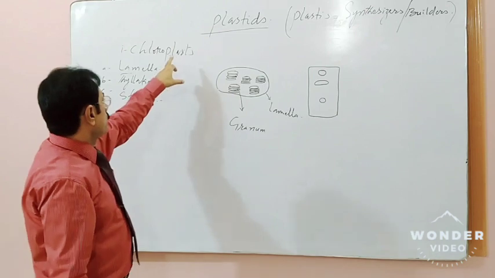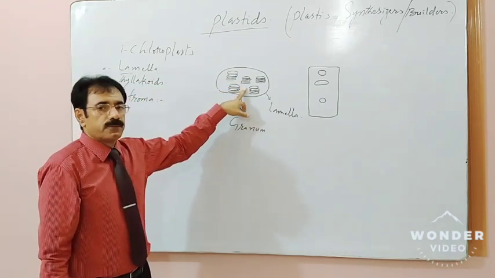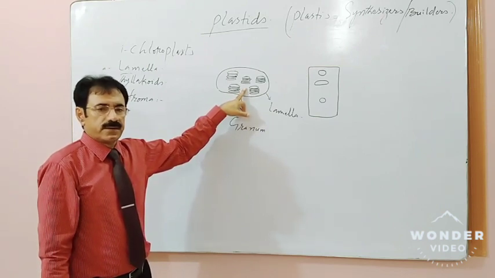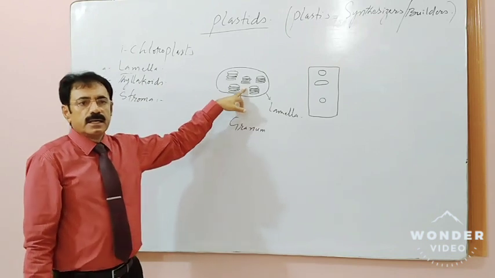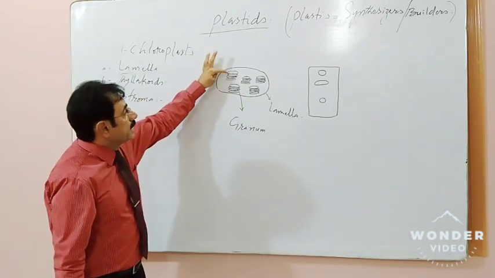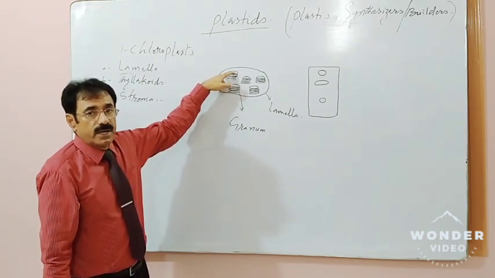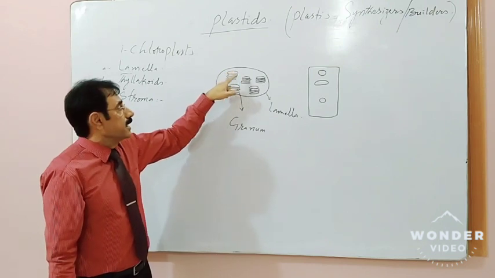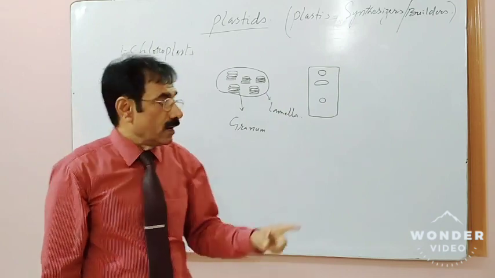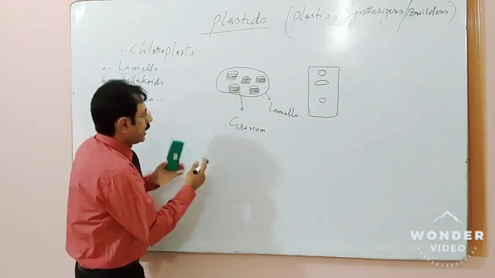Here within the chloroplast, a process called photosynthesis takes place. We know that photosynthesis involves 2 essential reactions. One is called the light reaction, the first reaction that occurs inside the thylakoid compartment, and the second reaction of photosynthesis is called the dark reaction. That dark reaction occurs outside the thylakoids,